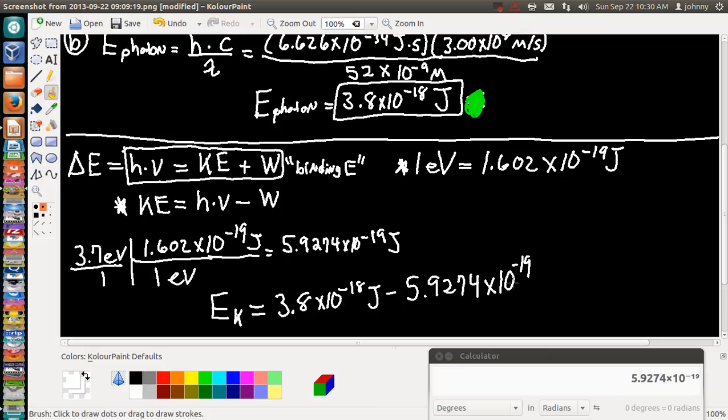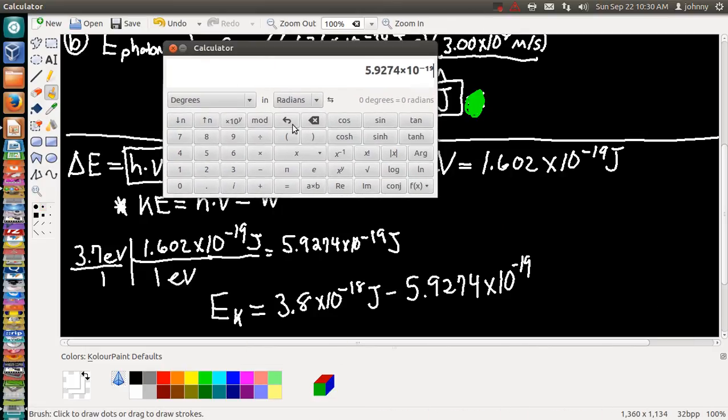I need to subtract these two numbers. So 3.8 times 10 to the negative 18 minus 5.9274 times 10 to the negative 19 equals